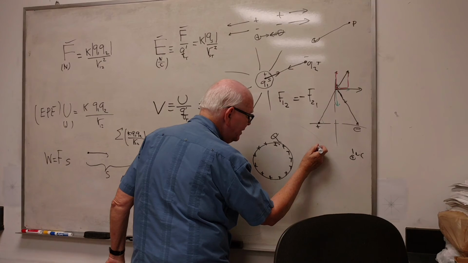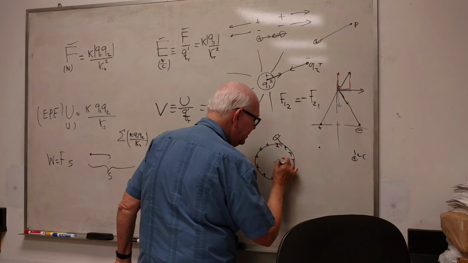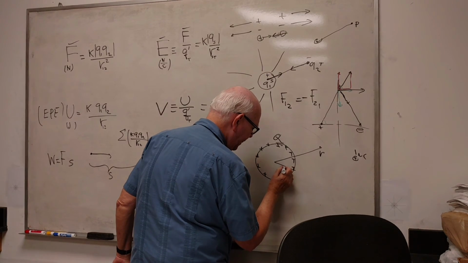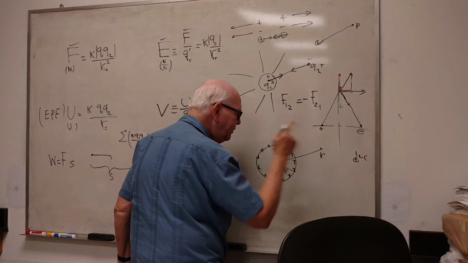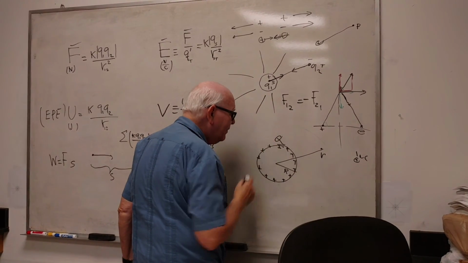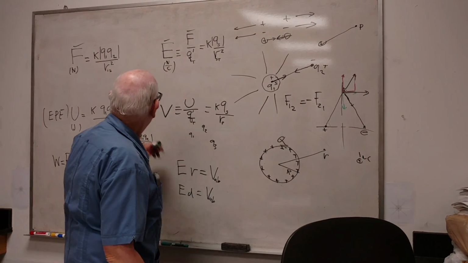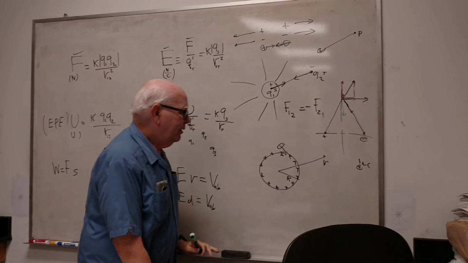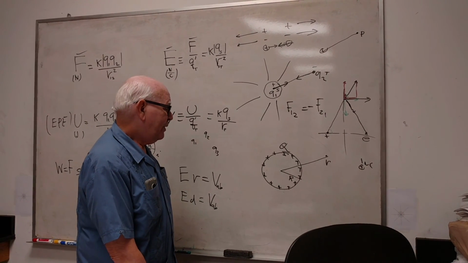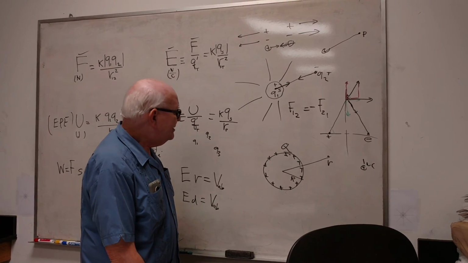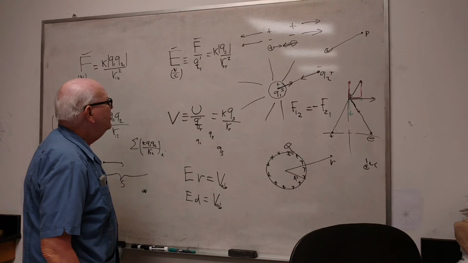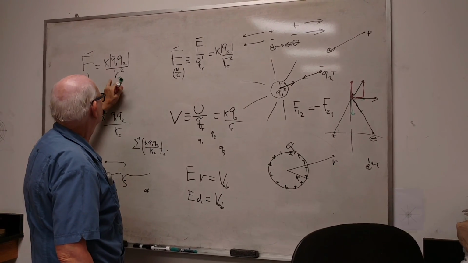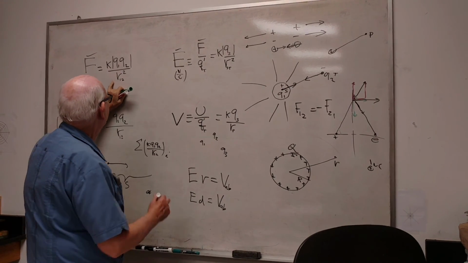Can you imagine the field here at a certain distance r, bigger than the radius of the sphere? What is the field there produced by all these guys? That would be impossible to take each of these and add vectorially. So this guy, Gauss, who was a mathematical genius, he said, look at this equation. If instead of k